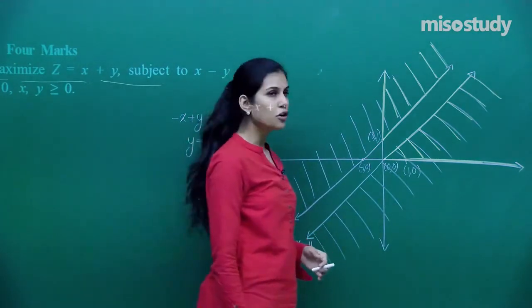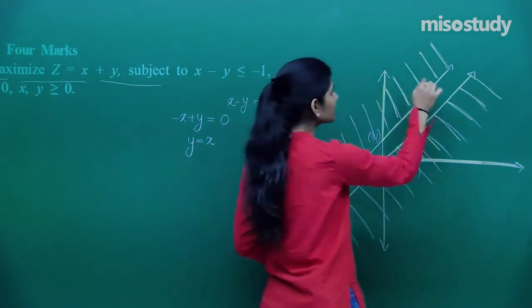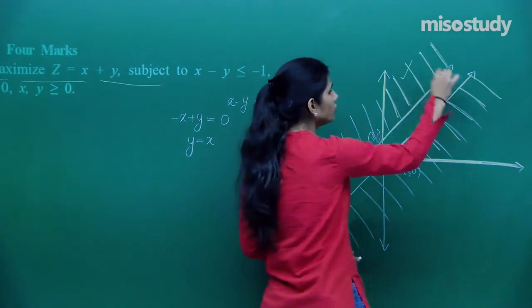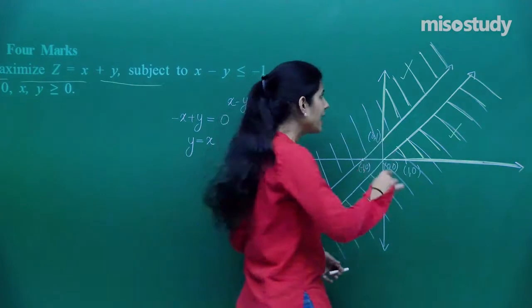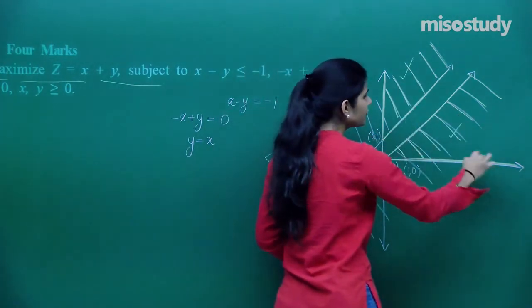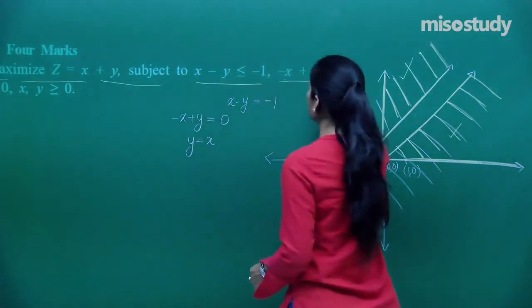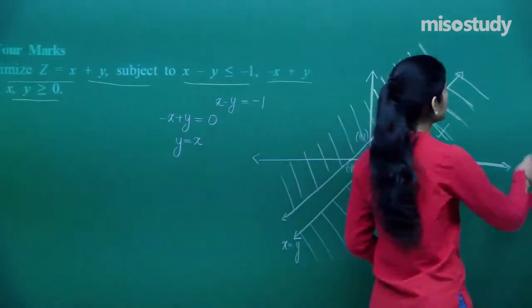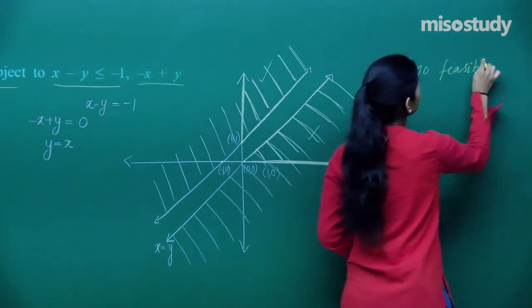What is the intersection of these two regions? Is there any intersection? Absolutely not. In the first quadrant you can see there is no point x comma y which is coming in this region also, and coming in this region also, and coming in first quadrant also. There are points coming in this region and first quadrant, all these, but there are no points x comma y satisfying this inequation also, and coming in first quadrant also. So I am clearly going to say there exists no feasible region,